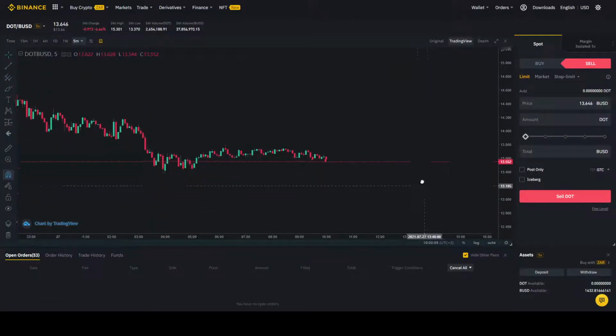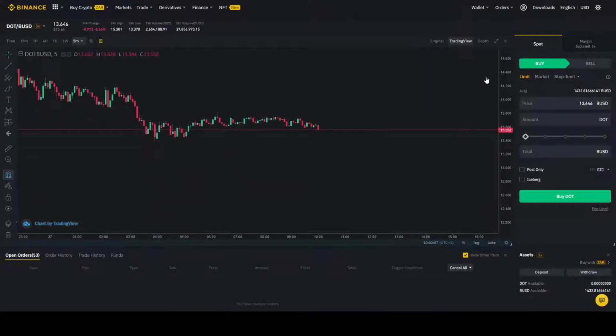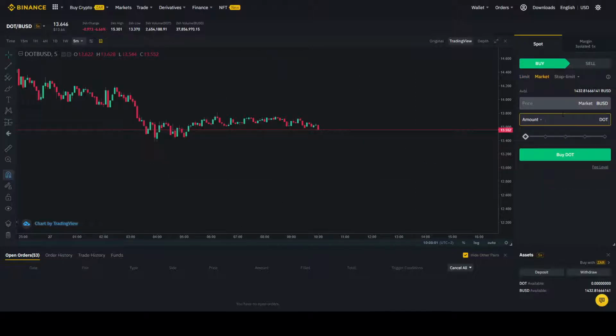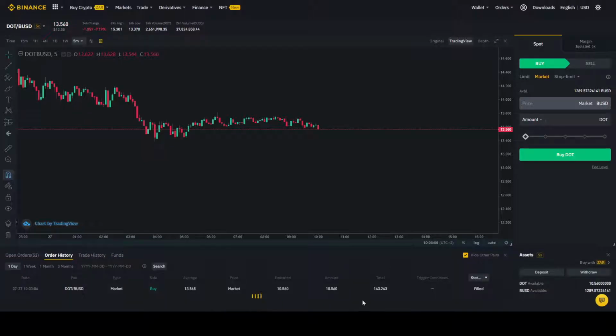Alright, so now we got DOT in, and our first trade will come in right now. Market price is just 10.50. As you can see at the bottom, it's just opened our first trade, and our entry level average price was 13.565.